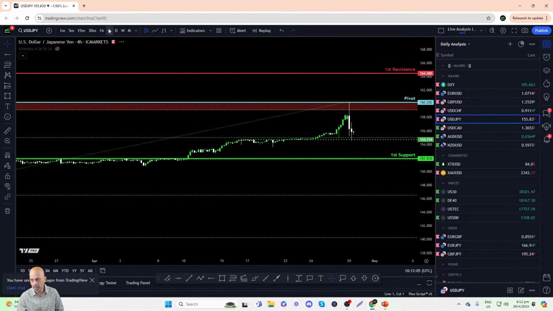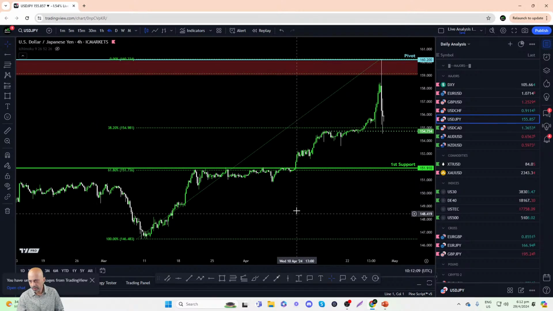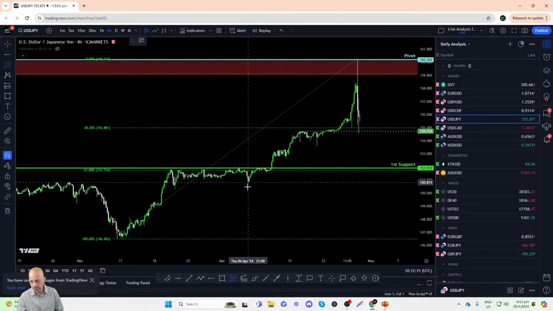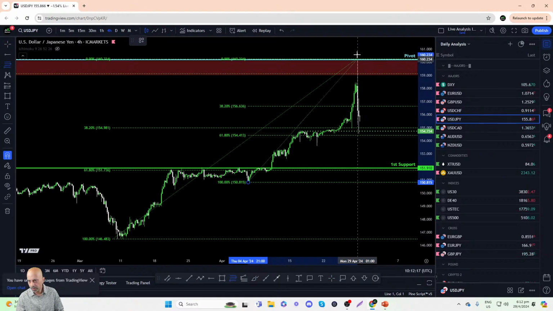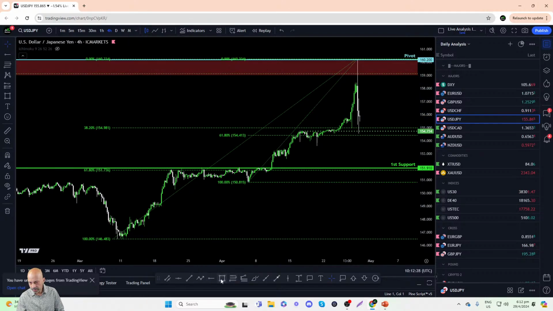Alright, let's go down to the 4-hour time frame and see if we can fine-tune the analysis. I think pretty much this should be fine. I think if anything, there's maybe just another retracement that we can run from here, 4th of April, going up to today's high. We do see the 61% here aligned quite close to the overlap that we had identified previously. So let's just keep 61.8% and just highlight this as a zone.